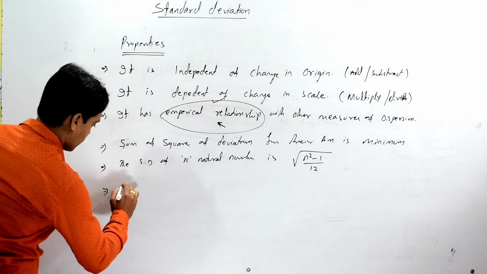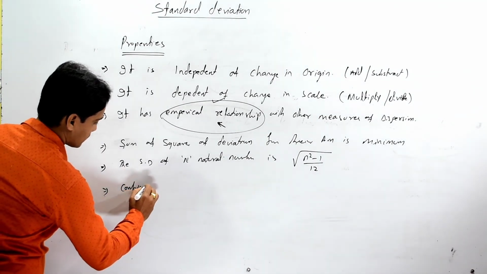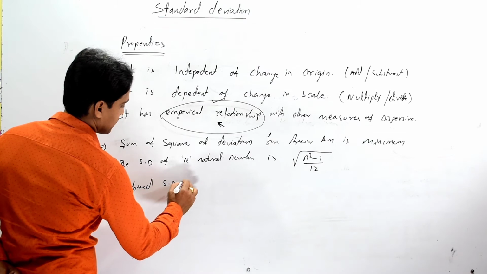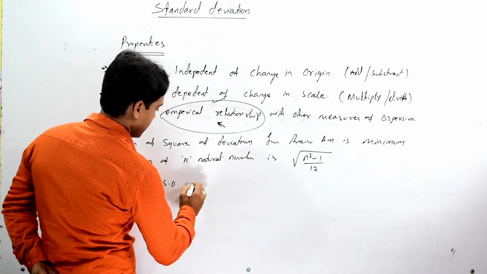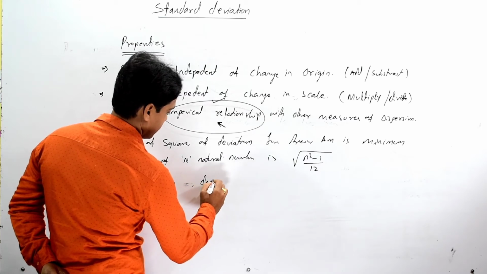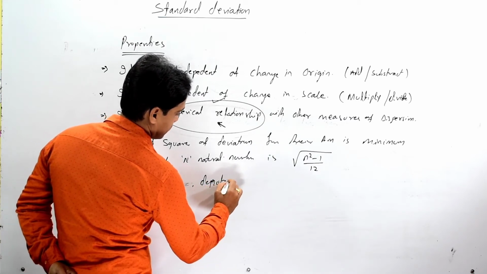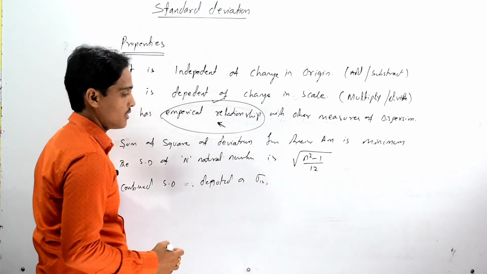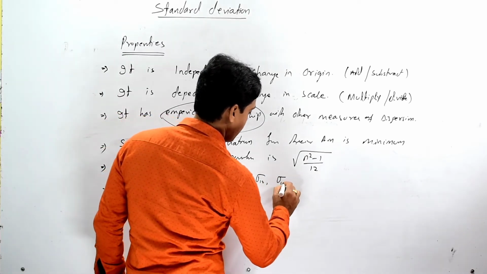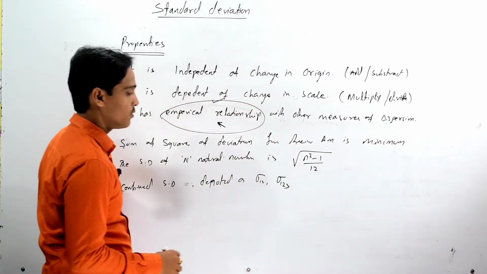We can also compute the combined standard deviation of two groups, that is standard deviation 1 2, and of 3 groups,